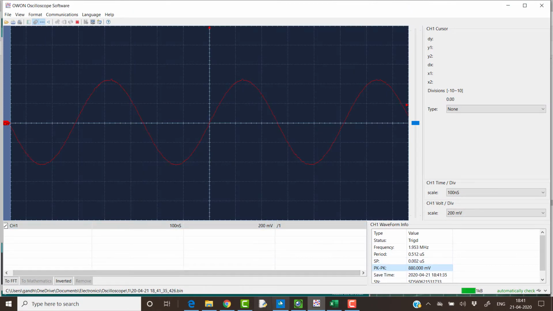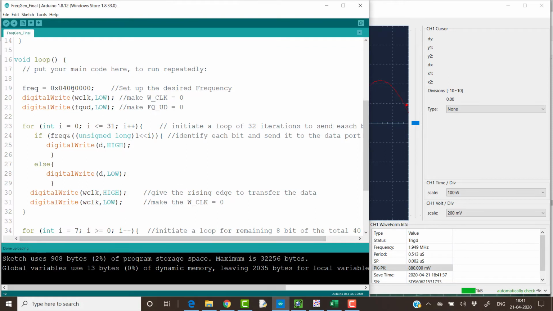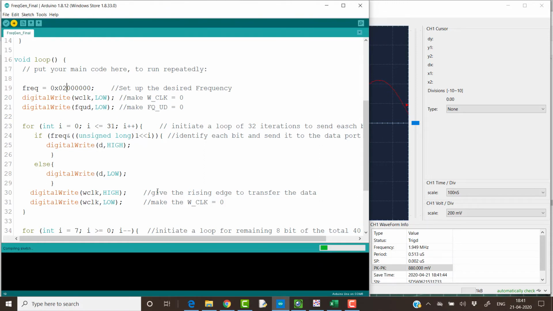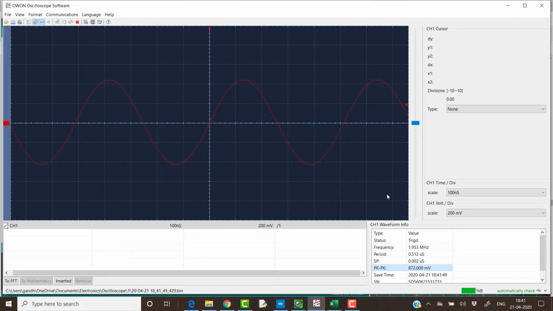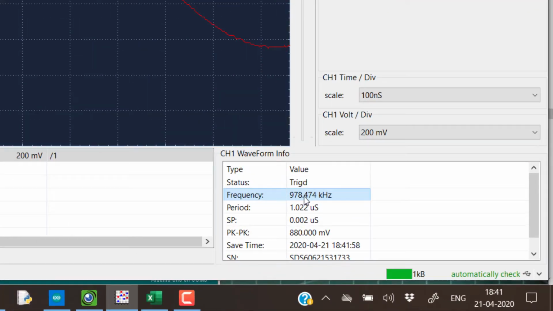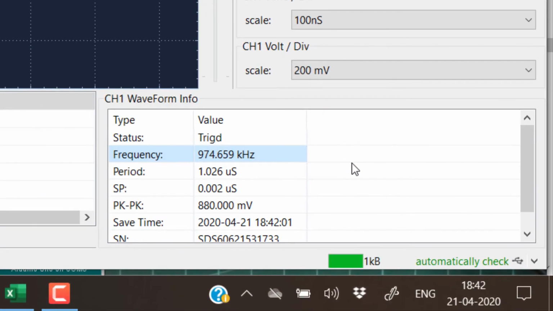Let us again change the frequency. I'll change the frequency once again, divided by 2. Now the frequency is still reduced, and you can see it is nearly 1 megahertz, or 974 kilohertz.